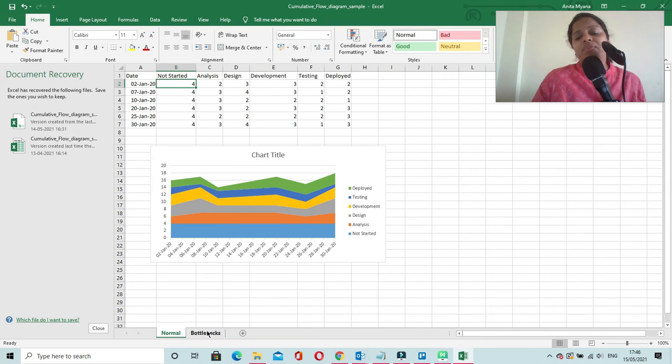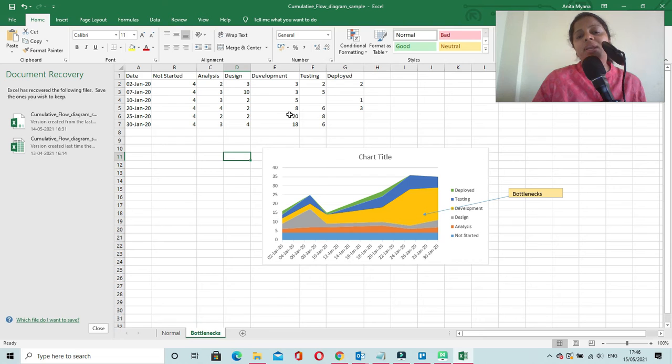But if your process is performing like this, for example, on 7th Jan, there were 10 tasks in the design phase. On 25th Jan, there were 20 tasks in the development stage. And on 30th Jan, there were 18 tasks in the development stage. So if you plot this kind of data on a cumulative flow diagram, then you are going to get something